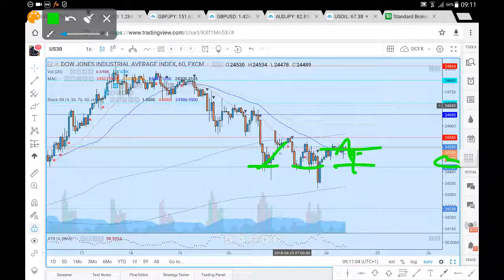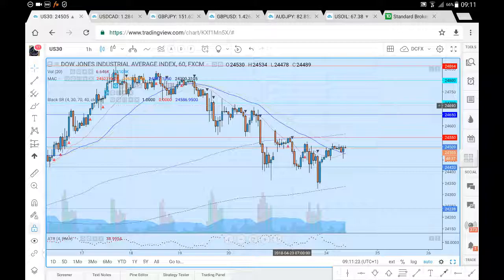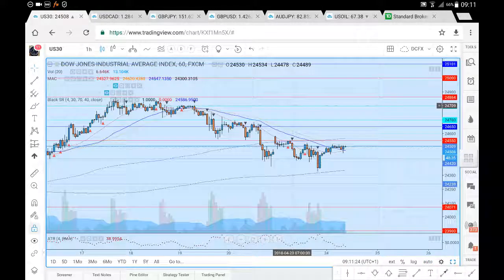On previous occasions, we found support at that 420 level. Break from there, we're looking to see price head towards 350, and if we do successfully navigate the 350, in and around the 350 we will likely have the confluence of the 400 period moving average, thus increasing the likelihood of seeing a bullish bounce. But if we don't find a bullish bounce there, we're looking for price to head down towards our 24,238, and if we do see sufficient volatility to the downside,